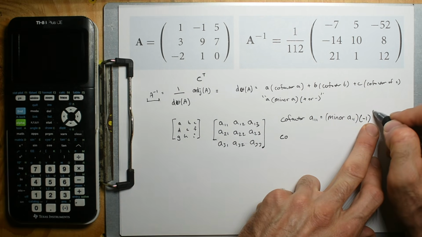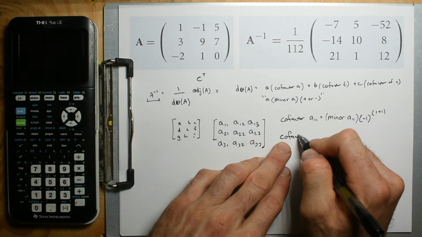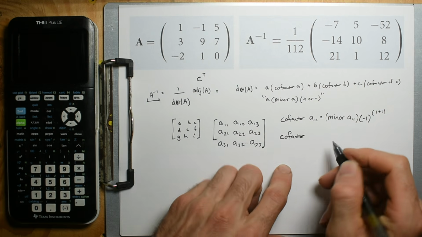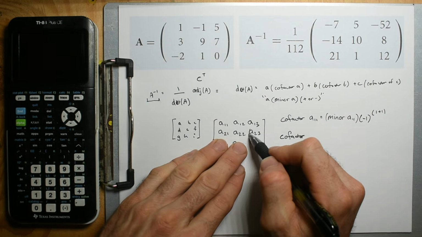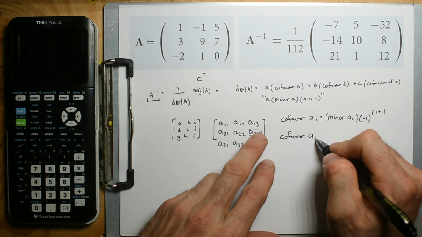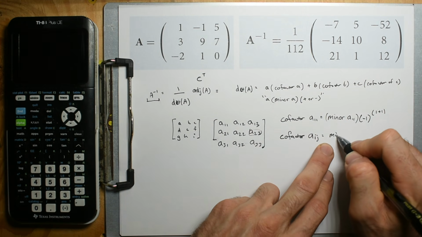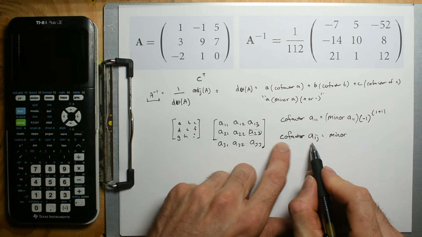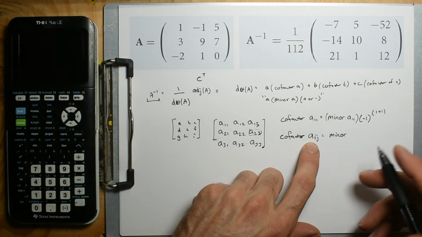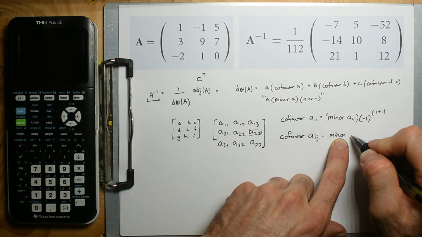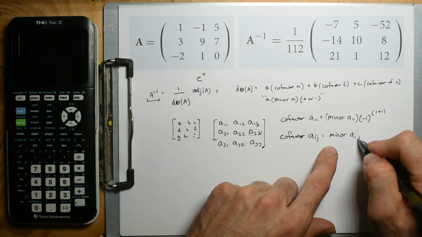Negative 1 to the 1 plus 1. No, and then you can go back and put your i's and j's. But yeah, any one particular value, right over there, is going to be A, row i, column j. And then we have the minor and the cofactor of Aij, we'll get to what the minor is and the cofactor is in a second. But anyway, this cofactor is going to be the minor of Aij